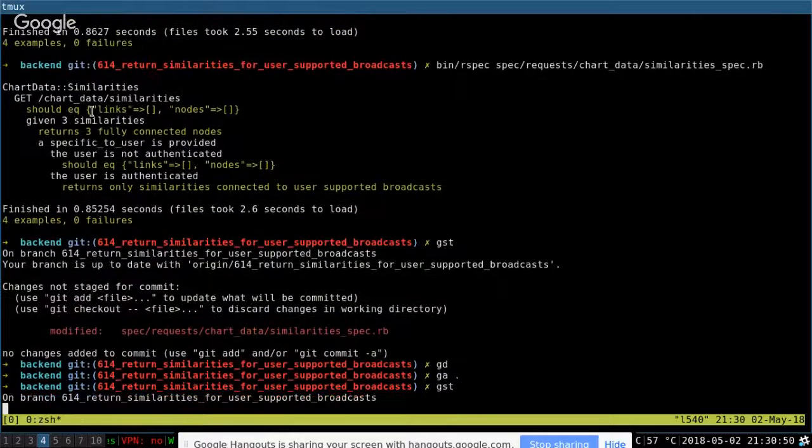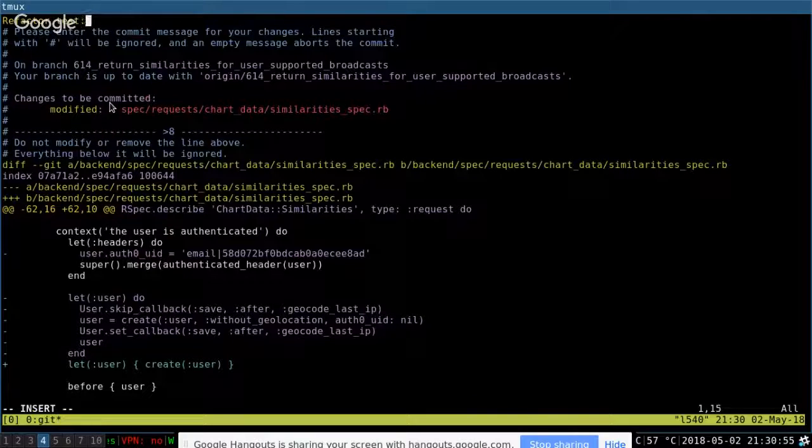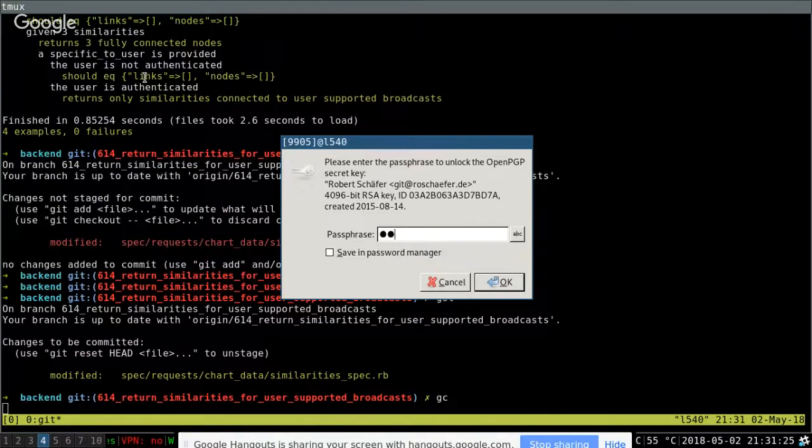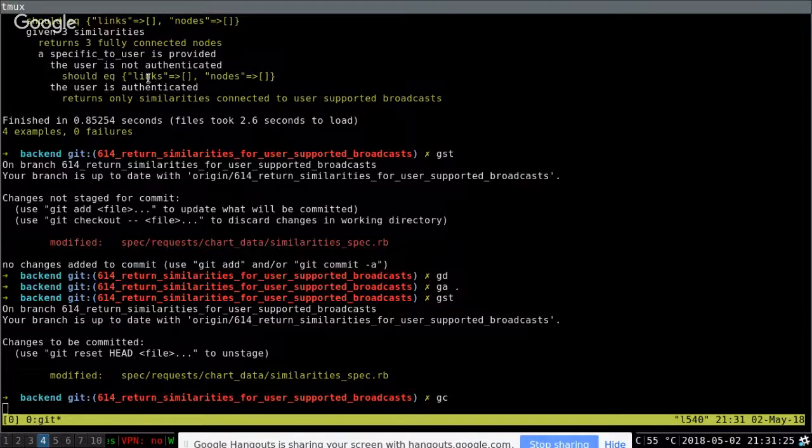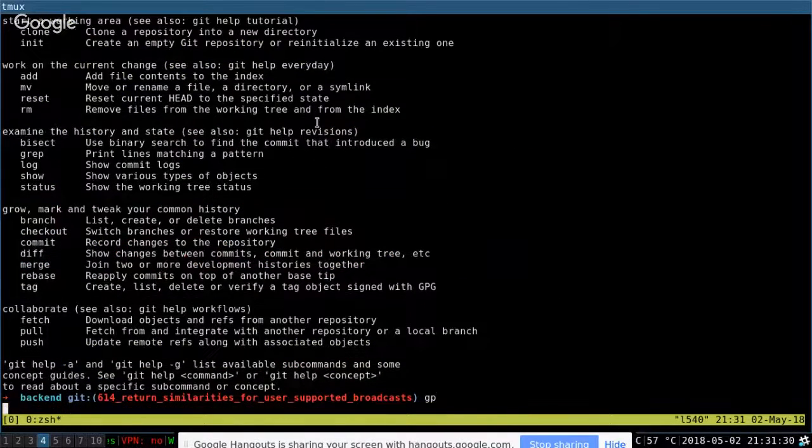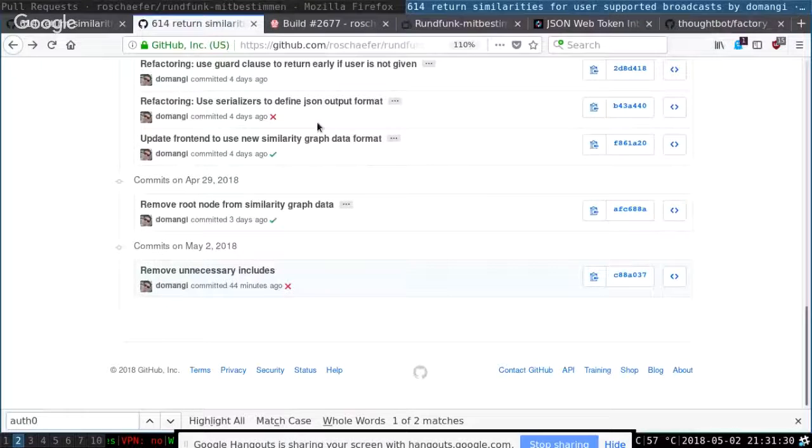So: refactor test, remove unnecessary manual setting of, move assignment. Okay, I just pushed it.